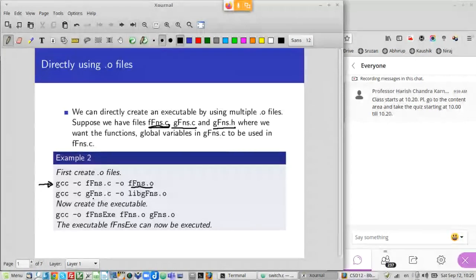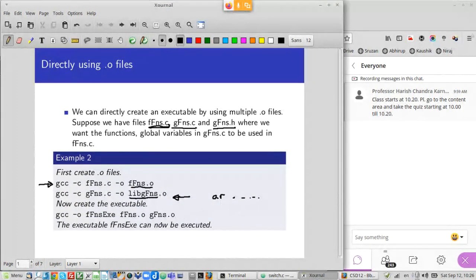Similarly, you compile the library functions file also using -c, and I'm now giving it the standard name, that is lib at the start and .o at the end. Okay. Now, when we were discussing creation of libraries, what we said was there's an intermediate step here where you create a library with the ar command. Okay. So this will work for all the MinGW and Linux people. This may not work for the Windows people.